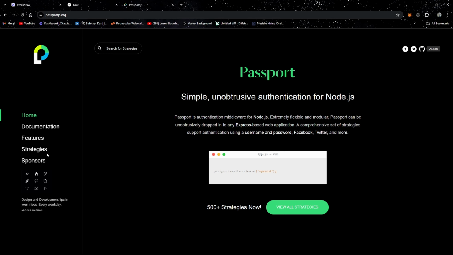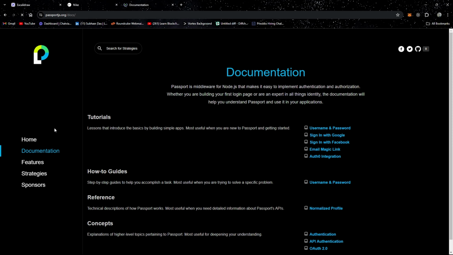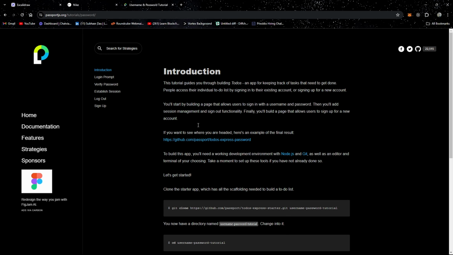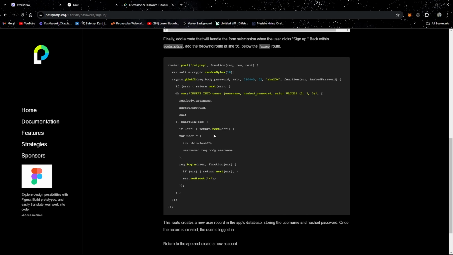So it is used to authenticate using the username and password. Here, if we go in the documentation and go to username and password, in the sign up section,